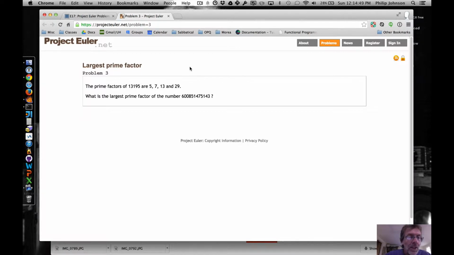This is the largest prime factor problem. The prime factors of 13,195 are 5, 7, 13, and 29. What's the largest prime factor of a very large number? For this, you're probably going to end up doing some Googling to figure out how the largest prime factor algorithm works. It's pretty easy to Google around and see the solution, and that's totally okay for this, because basically,